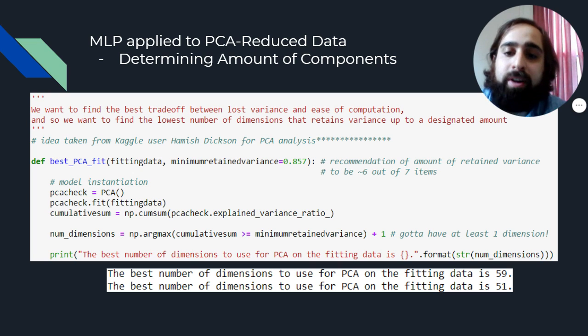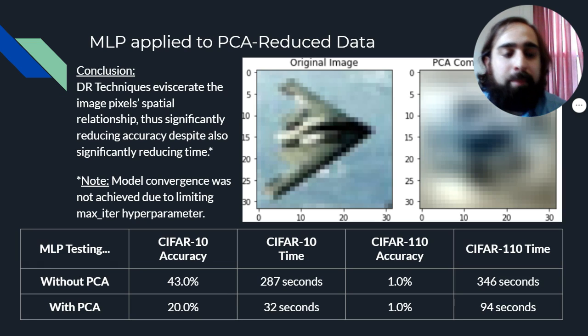And after running this function, I found that for the CIFAR 10, I can achieve this minimum variance with only 59 features and only 51 features for the CIFAR 110. But as you'll see, it doesn't help. The hypothesis was correct. It does destroy that spatial relationship,